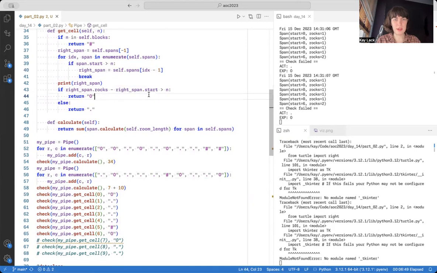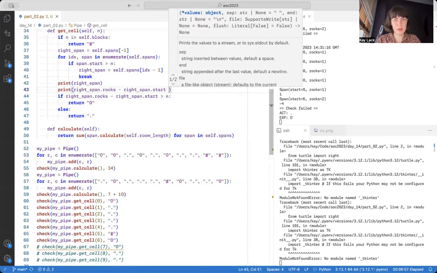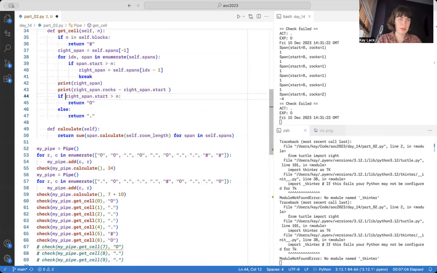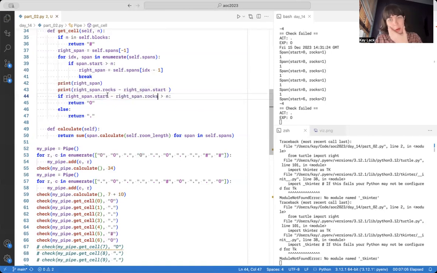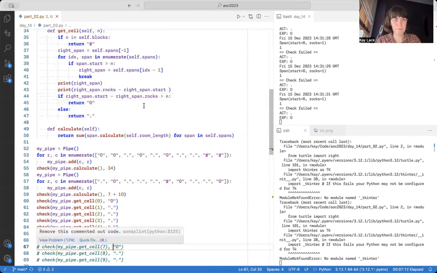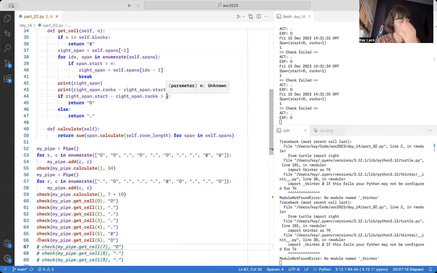And then the start is 6 and the rocks are 2. So we're getting -4 there, so that's not right. Okay, that's 1. Is 1 greater than 7? So this should actually be